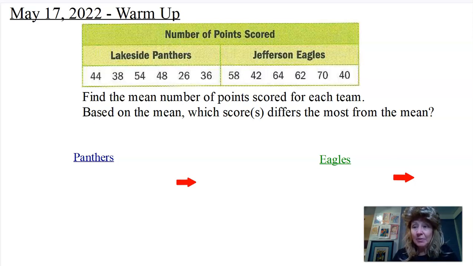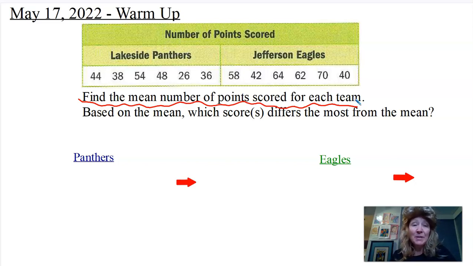I'm going to ask you to find the mean number of points scored for each team. And then the next question says, based on the mean, which scores differ the most from the mean? I'm actually going to teach you how to do that in this lesson, but I want you to think about if you didn't really know what math to do, could you